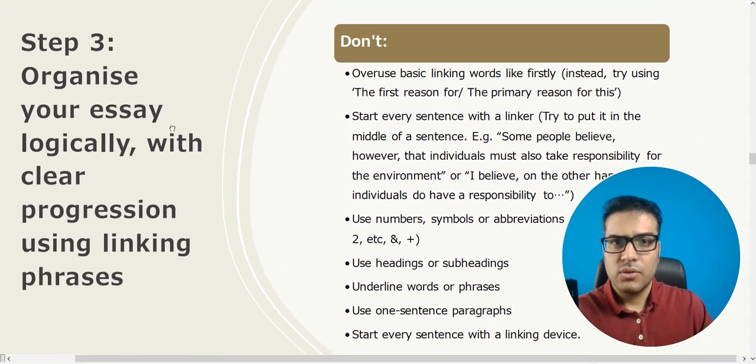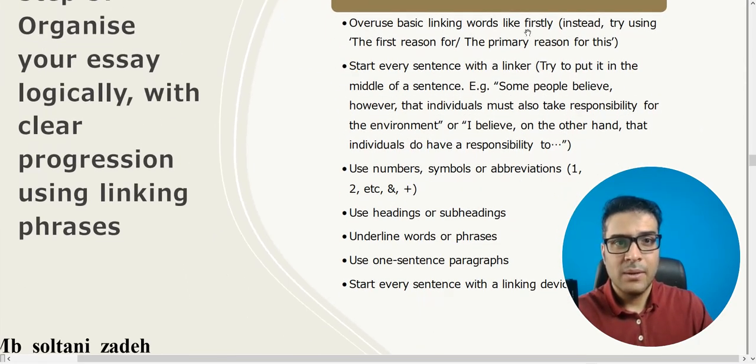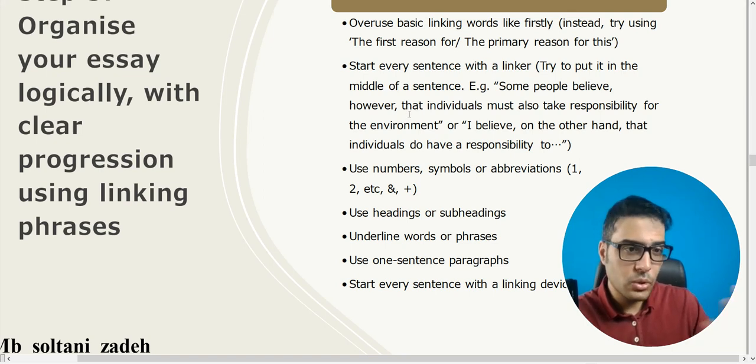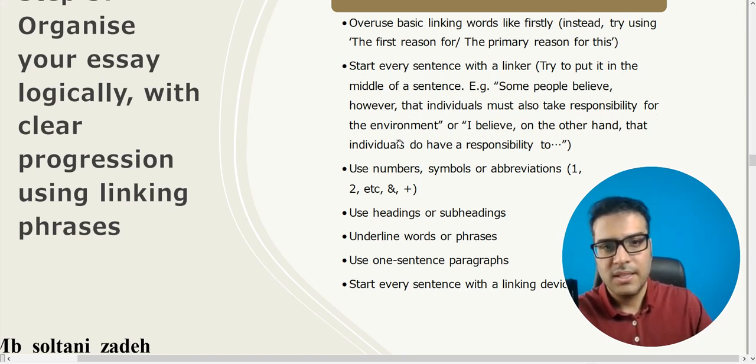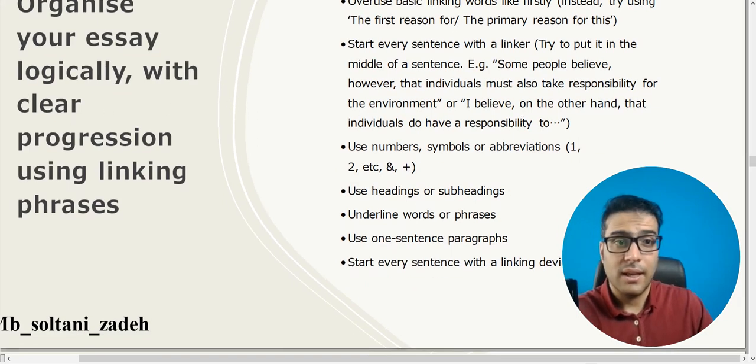What you shouldn't do is overuse basic linking words like firstly. Instead, try the first reason for, the primary reason for this. Don't start every sentence with a linker. Try to put it in the middle of a sentence, like some people, however. So you can put however in the middle: the individual must also take responsibility for the environment, or I believe, on the other hand, that individuals have a